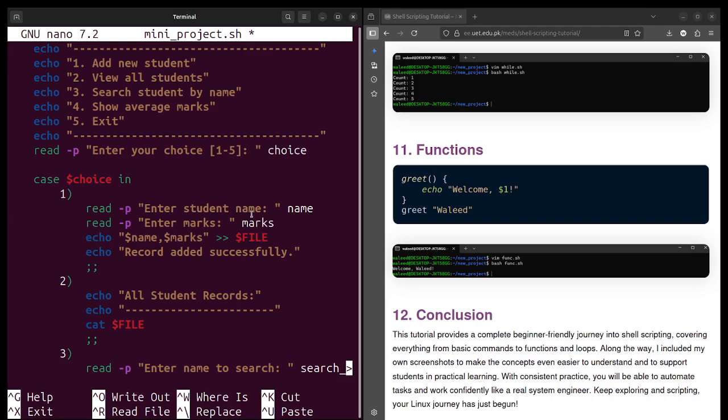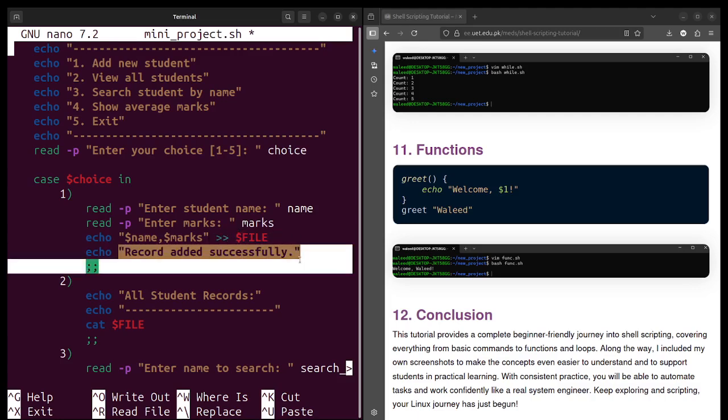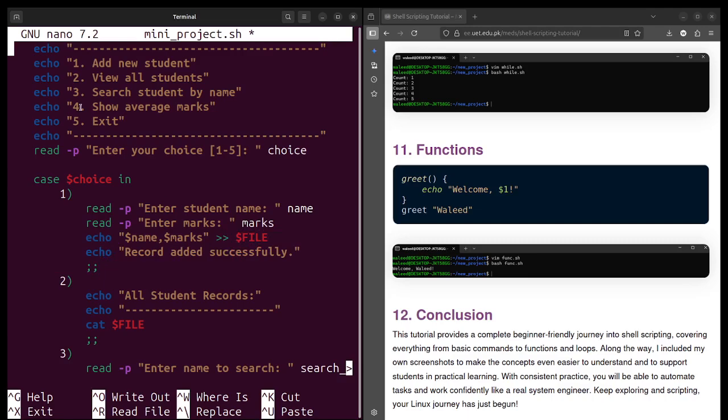First of all, we will ask the student name and then his marks, and then we will dereference it, like the name and marks, and store it in a file, and simply show the user that the record has been added successfully. Then secondly, if he wants to view all the students, then we will simply print the content of that file over here.